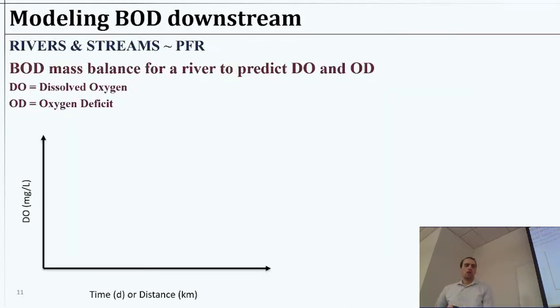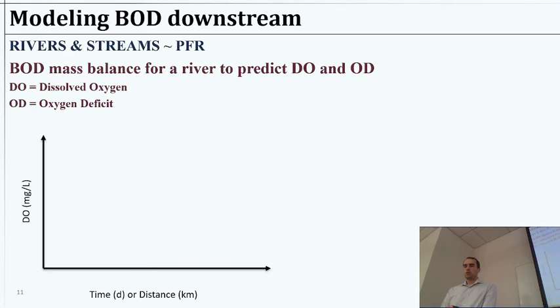Okay, so I want to talk now about how we track BOD downstream and what happens when we discharge wastewater with significant BOD, and really how we get to predicting that occurrence. What can we use, based on the knowledge that we have, to understand what's going on? So